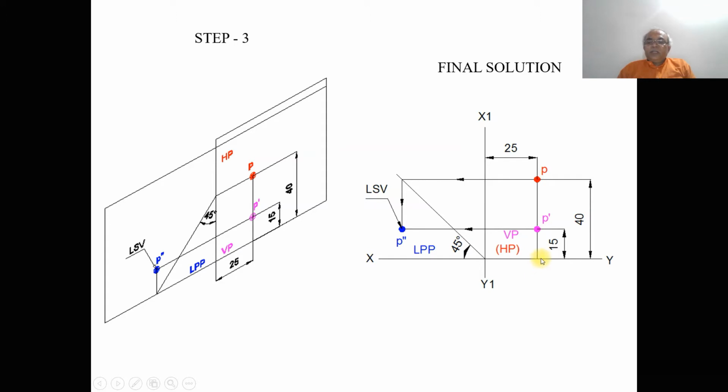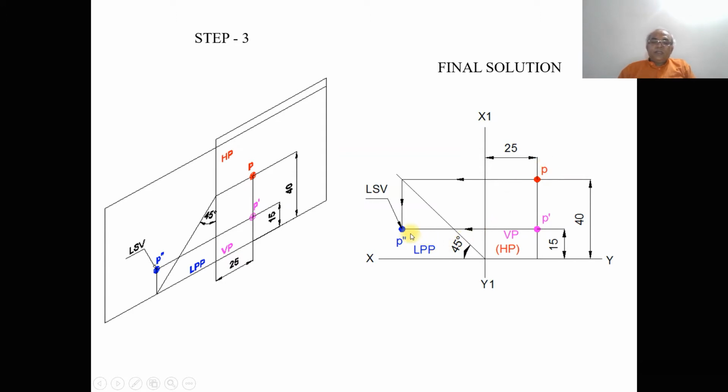Then measure 15 mm from the XY line and mark this point as P dash, the front view, as the distance above HP is seen in the vertical plane. The distance behind VP is 40, which is also above the XY line. From here measure 40 mm and mark this point. Since it is the distance behind VP, that image is seen in HP, so it is the top view.